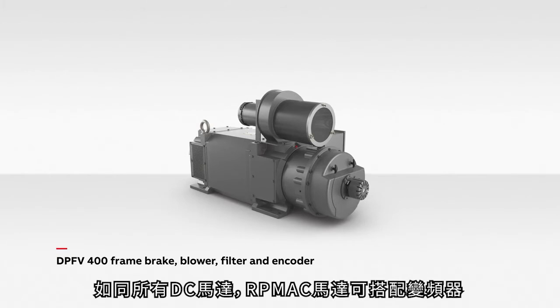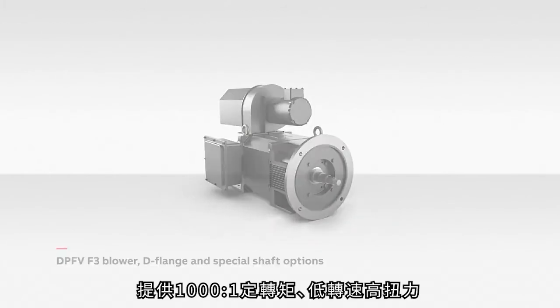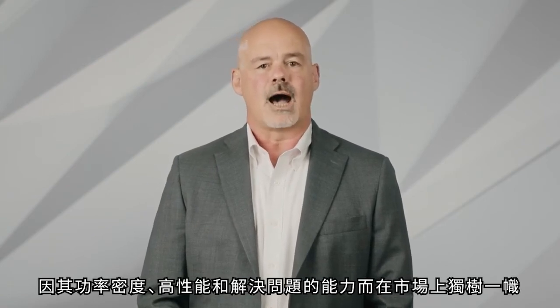Like all DC motors, RPM AC will run with a drive, provide constant torque to zero speed, can handle a wide constant horsepower speed range, has dynamic response, and high-speed capabilities. RPM AC is a product offering that is truly unique, differentiated in the marketplace for its power density, high performance,